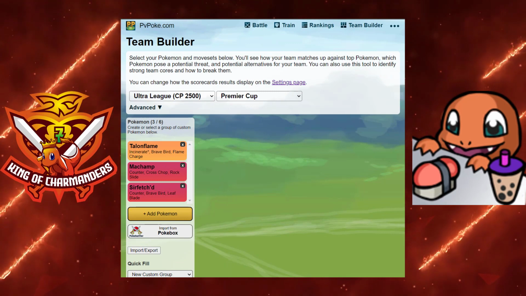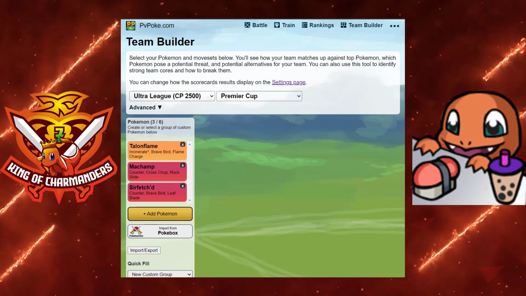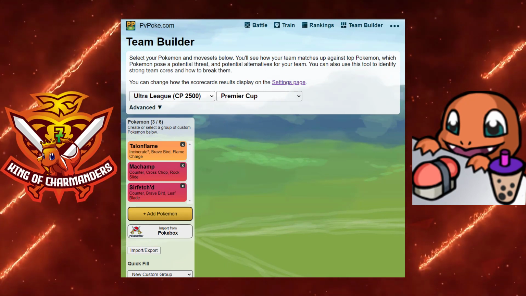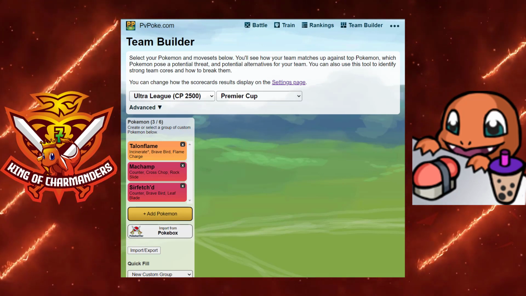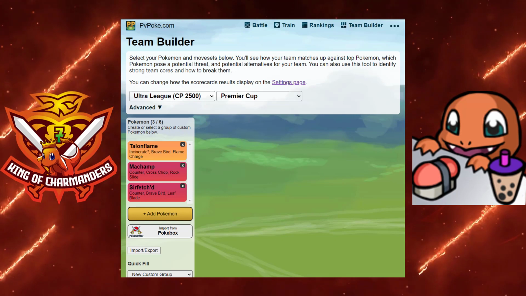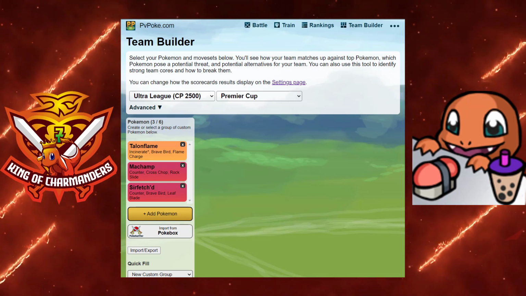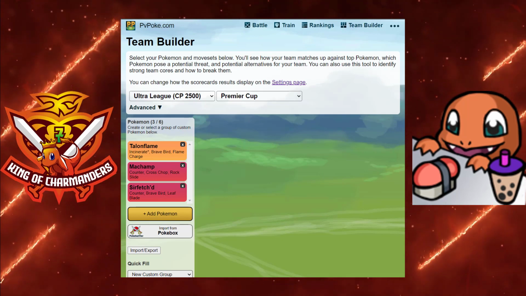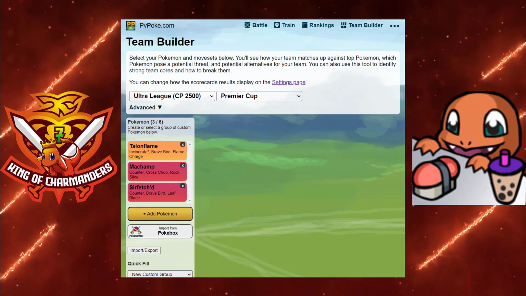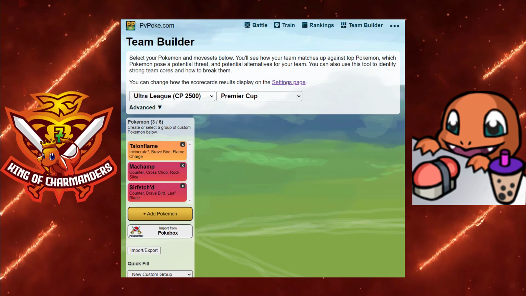Alright, and team number... Man, you guys really like this flaming chicken. Anyways, you have Thanksgiving, Forearm Goro, and a bird that uses a leek for a sword. That thing better be sharp enough. Anyways, it's pretty dang sharp, because you know why? Talonflame, Machamp, and Surfetch'd is actually the number 2 most powerful, and this team stands at 520 something, so it's